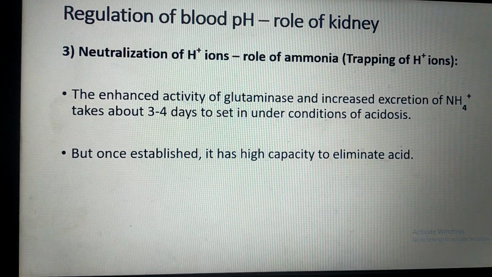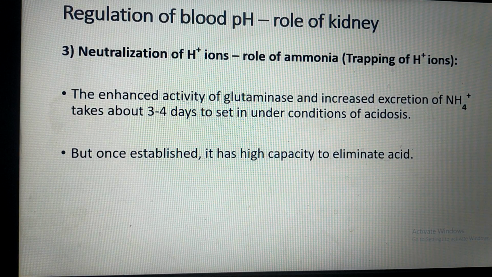the enzyme glutaminase shows enhanced activity. That means this third mechanism is activated at this time, and whatever I have told you, that acts on glutamine, converted into glutamic acid and ammonia. That ammonia diffuses into the lumen and combines with the H plus ions to form NH4 plus ion, or ammonium ion. This takes 3 to 4 days to set in under the condition of acidosis. But once this glutaminase gets activated and this mechanism is set, it will eliminate a large amount of acid from the